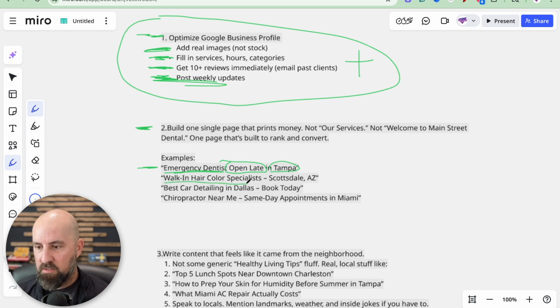Walk-in hair color specialist, Scottsdale, Arizona. So you got the location. People want the walk-in. They also want hair color. Best car detailing in Dallas. Book today. Chiropractor near me. So whatever service or industry near me is obviously a big search term because that's just the way people search. And then same day appointments. And then obviously you have your location in Miami. So this is how you're going to build out your service pages